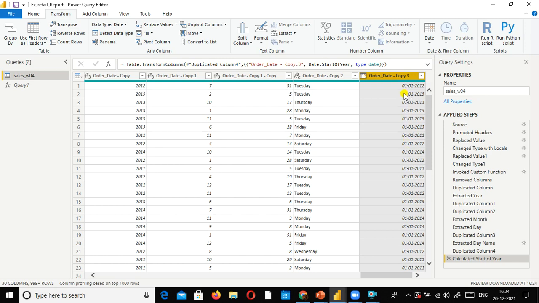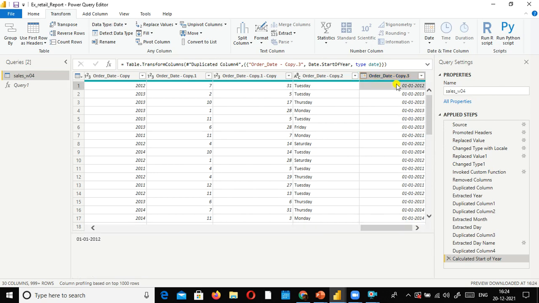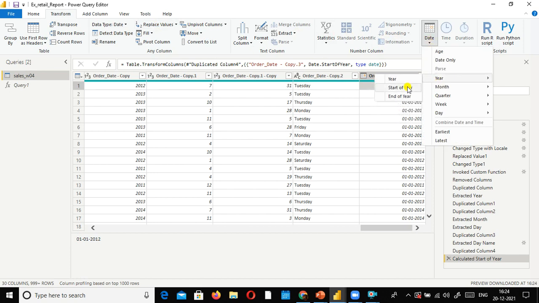In some countries, January 1st is the start of the calendar year. The calendar is common to all, but the financial year is 1st January for the US. In that case, if we want to do some calculation, irrespective of the day and month, I want the first day of the year. Then you can use this one: start of year or end of year, and for month, start of month, end of month, days in month, name of month, whatever you want.